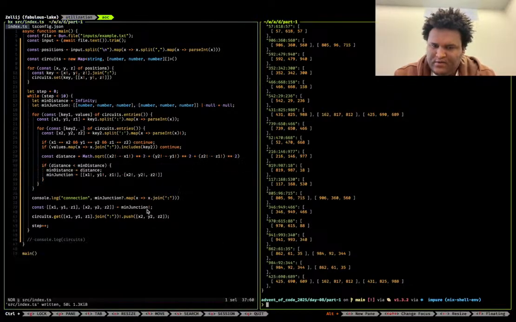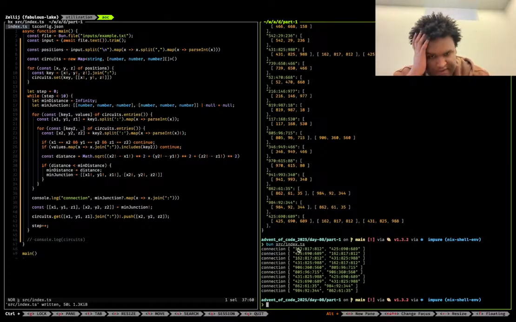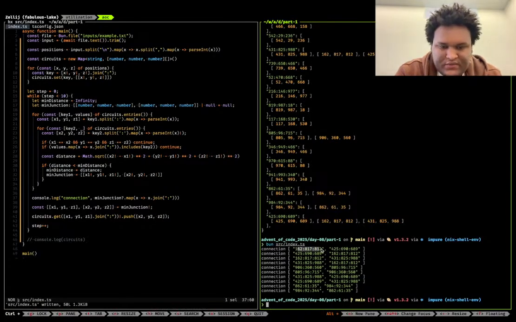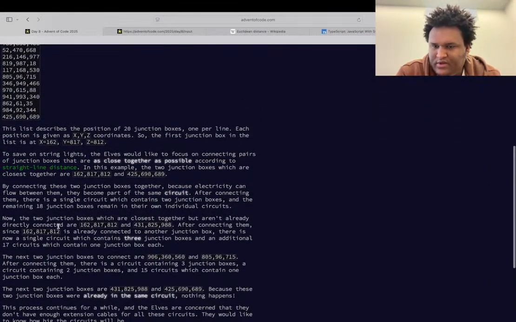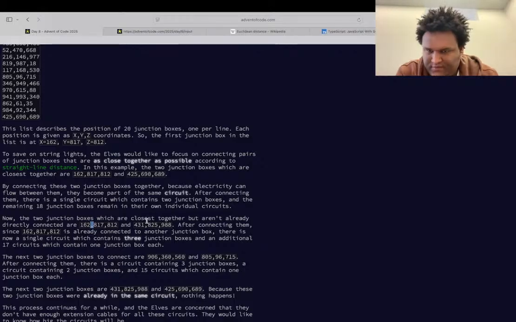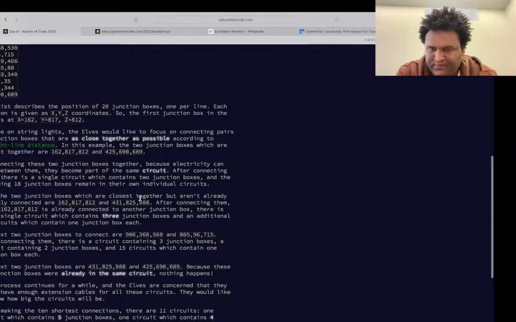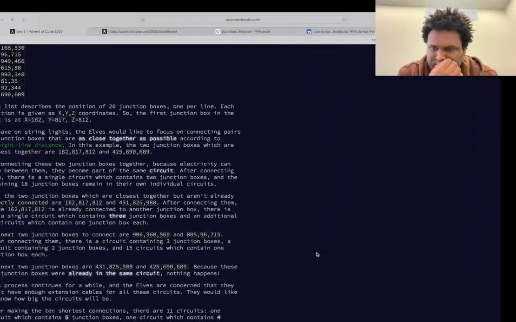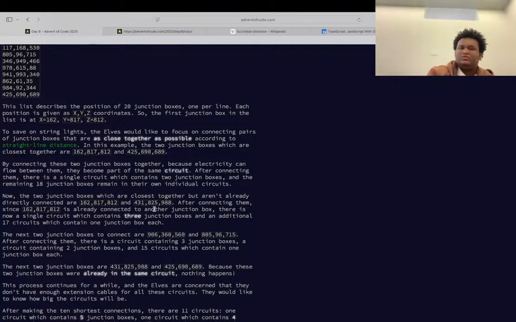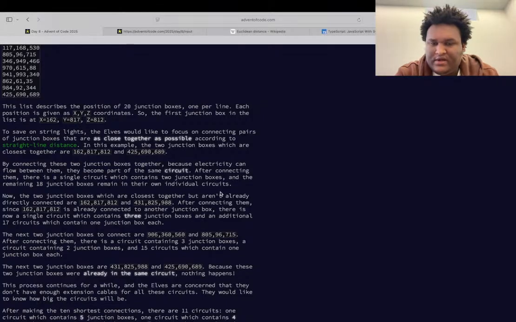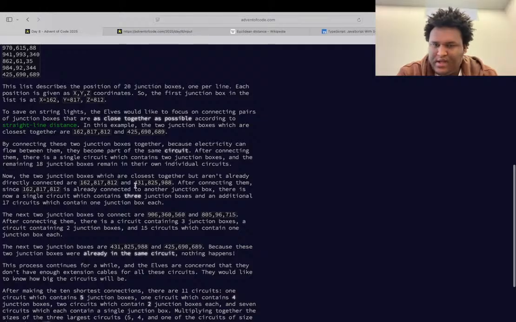So first we created a connection between 162 and 425, which is according to this correct, in this example that we also which are close together. Okay, that's correct. And then in the next one it's between 162. Now the two junction boxes which are the closest together but aren't already directly connected are 162 and 431, but